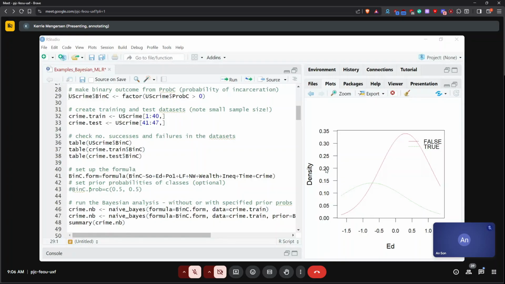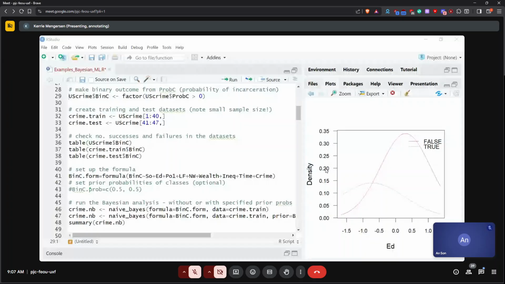But you can also set it. You could say it's 50-50 or 60-40 or whatever it is, and that can be based on previous studies or on knowledge about the likelihood of going to prison for people in these regions. And so I've just shown an example there where you can set it yourself if you want to.